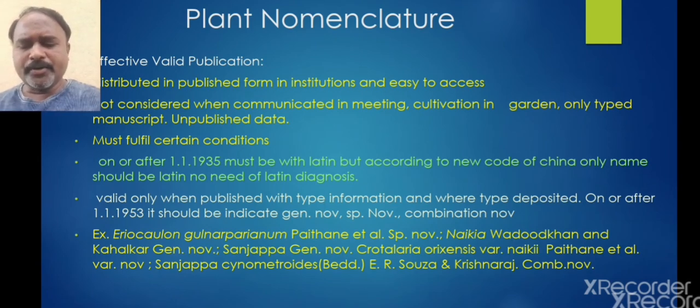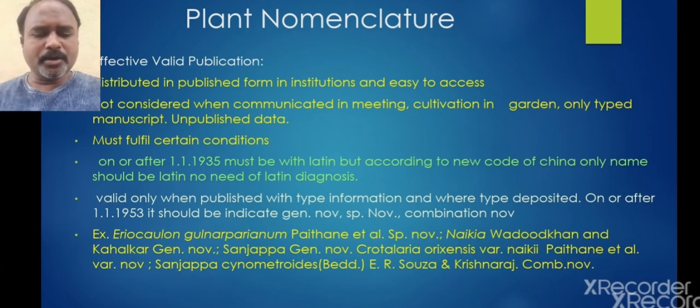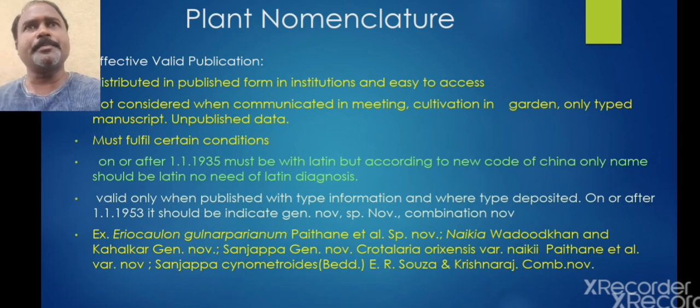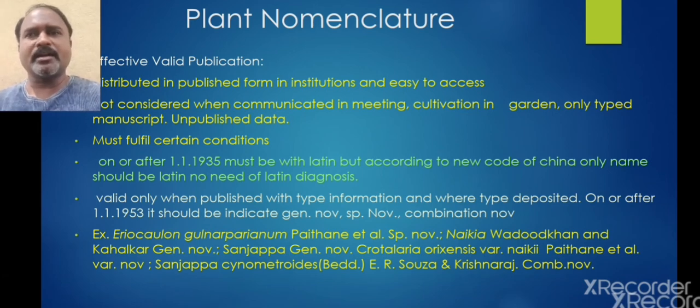The name of a new taxon of rank family or below that has been published on or after 1 January 1958 is valid only when its nomenclatural type is mentioned along with the name of the place where the type specimen is permanently conserved. This is also a very important rule. What happens if somebody is describing a species and we are not aware where it is published? So it is a very controversial point. We cannot judge whether it stands as a distinct species or not.